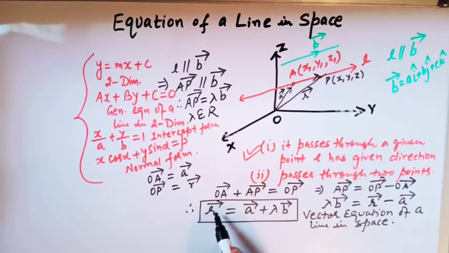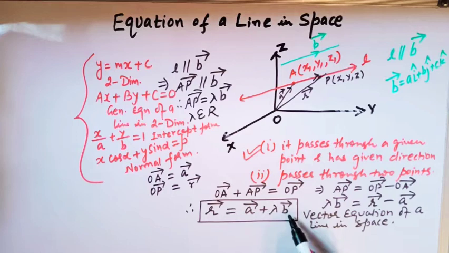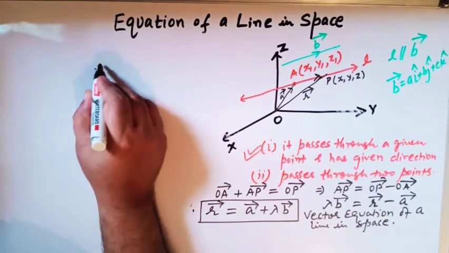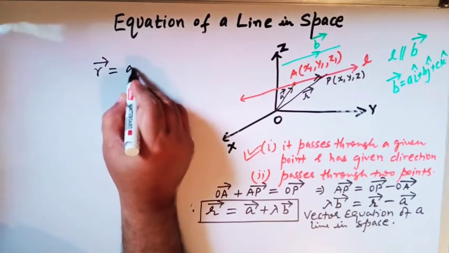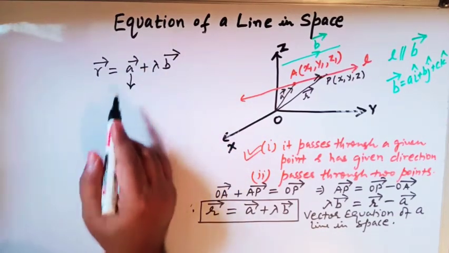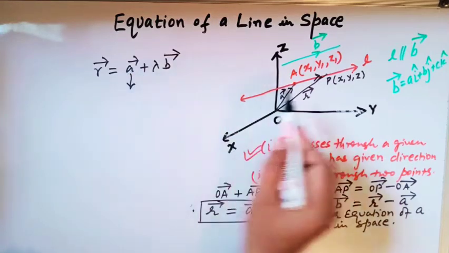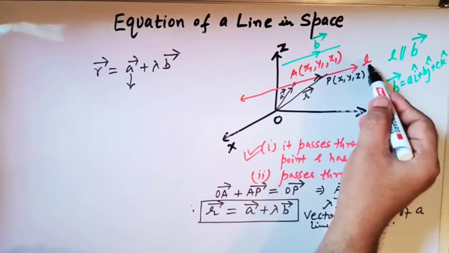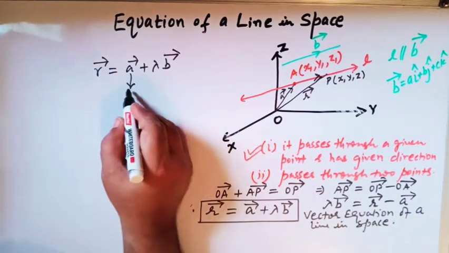Thus the vector equation of a line in space is vector R is equal to vector A plus lambda times vector B. Clear? Now here in this vector equation, this vector A denotes the point through which the line L passes through, and